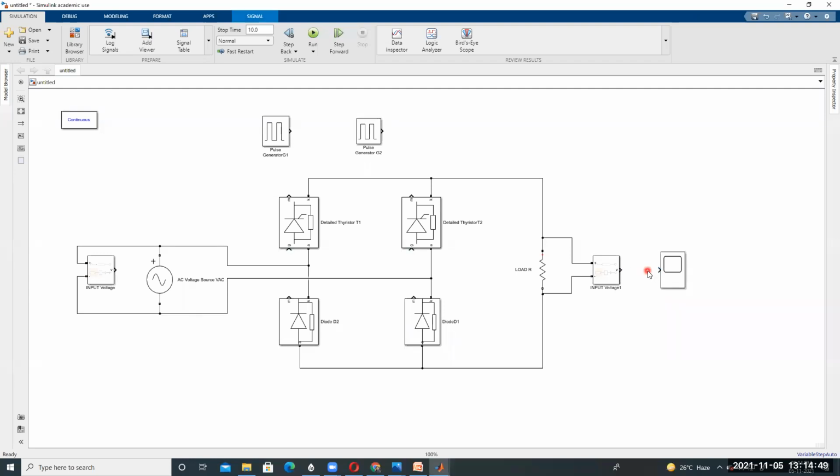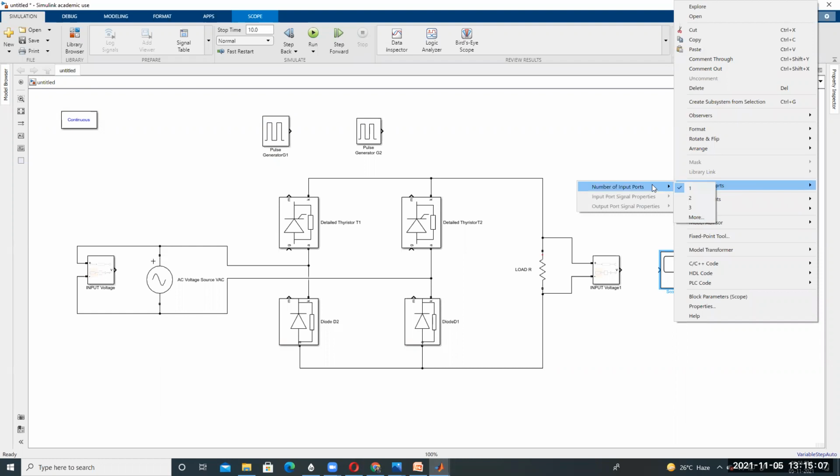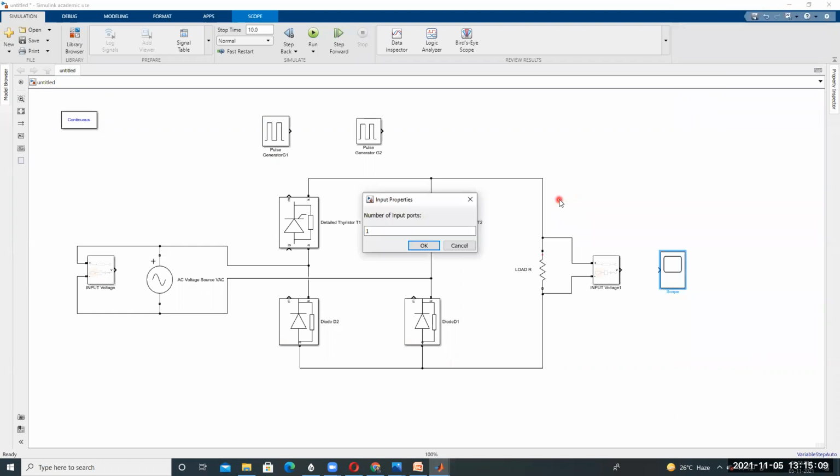If you want to change the number of ports, for example, to observe the waveform of the input voltage and also the pulses G1 and G2, then 1, 2, 3, 4, four input ports are required. Right-click on the scope, go to signal ports and number of ports, and enter 4.